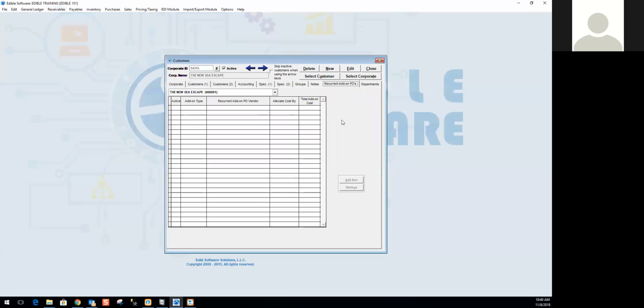All right. Recurrent add-on POs. So this is very similar to the vendors that we have gone over already. This is going to show you any recurrent add-ons that you might have for this customer. So when I sell to this customer, let's say I always have to pay a freight company in order to get it out there. So I always have to pay the same freight company in order to get the inventory over to them. So in this screen, I can click Add Item, choose my type,